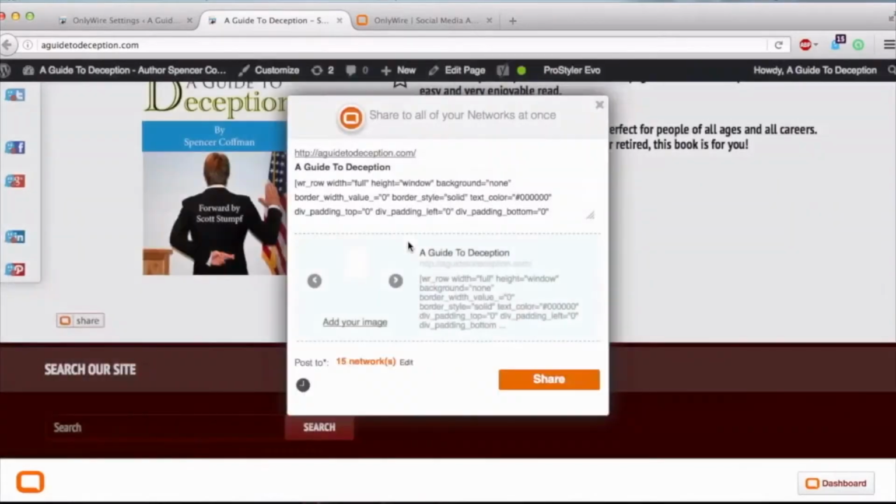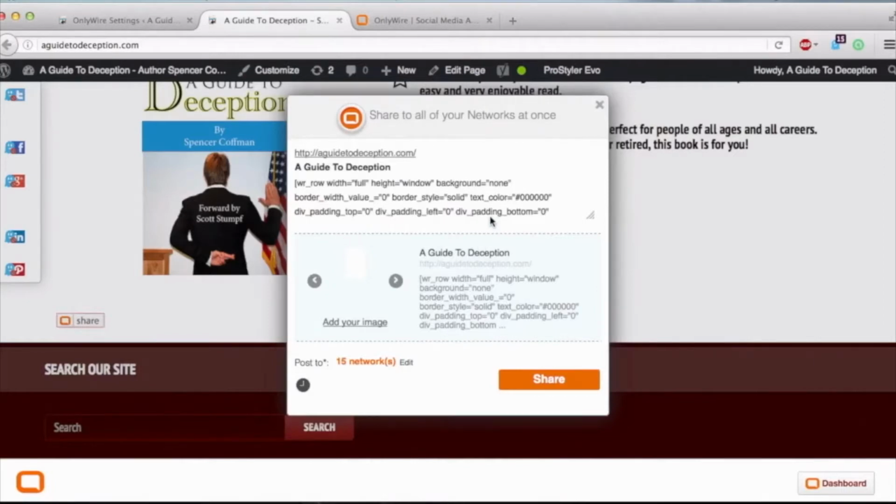Now, one benefit is you can add all kinds of networks. So you can add multiple Facebook, multiple Twitter, Pinterest, etc. And it doesn't need to be only the network associated with your personal account. So you could have your friend's account or your brother's account in that OnlyWire settings. Now look, you hit share with the button, and you see that doesn't work either. So these multiple things that don't work, I'm going to show you.